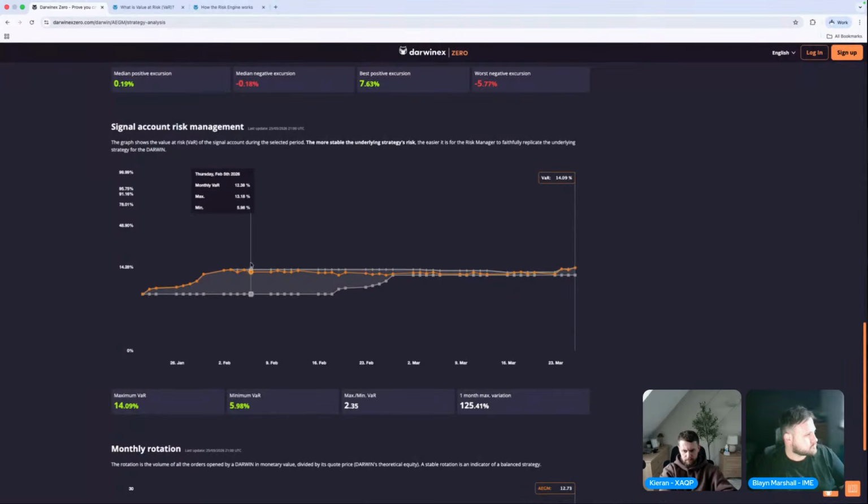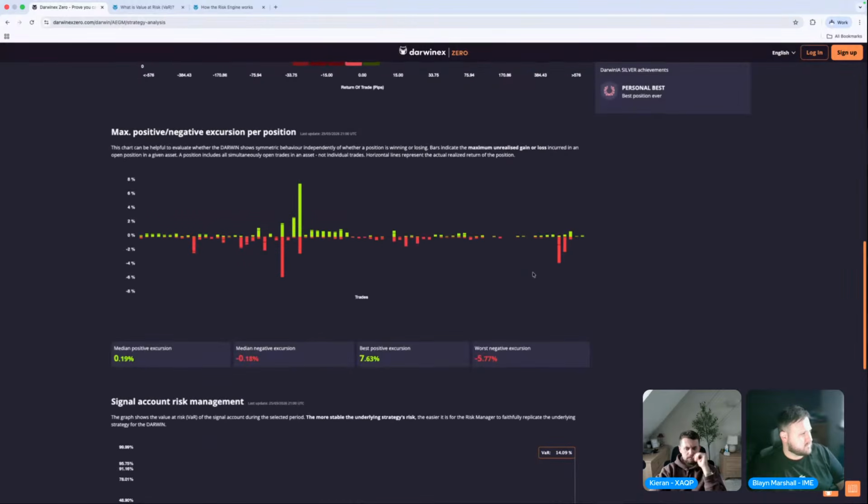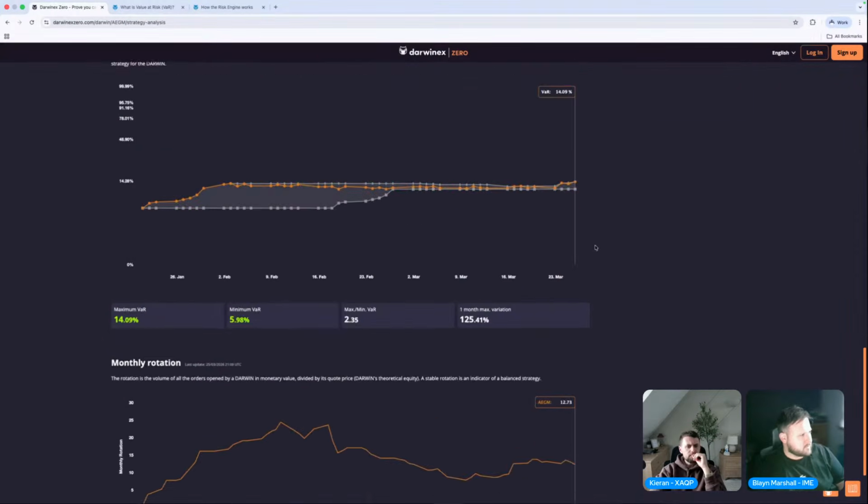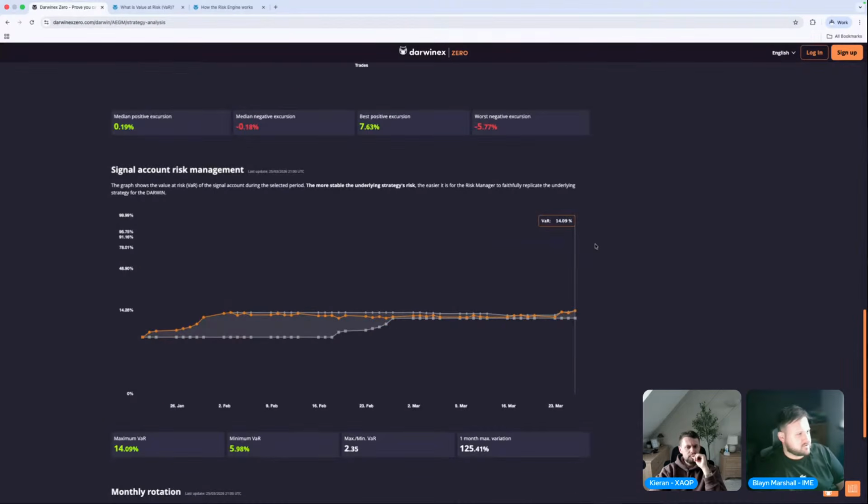Yeah. So we can see that you've kept it very stable, but there is an increase over the past couple of days. It will probably make the multiplier go down a little bit. But for me, this is nothing to really worry about. I don't see any crazy difference in risk levels, even maximum positives, nothing too crazy there. So I would say just keep what you're doing. It's not going to change the risk engine by much.